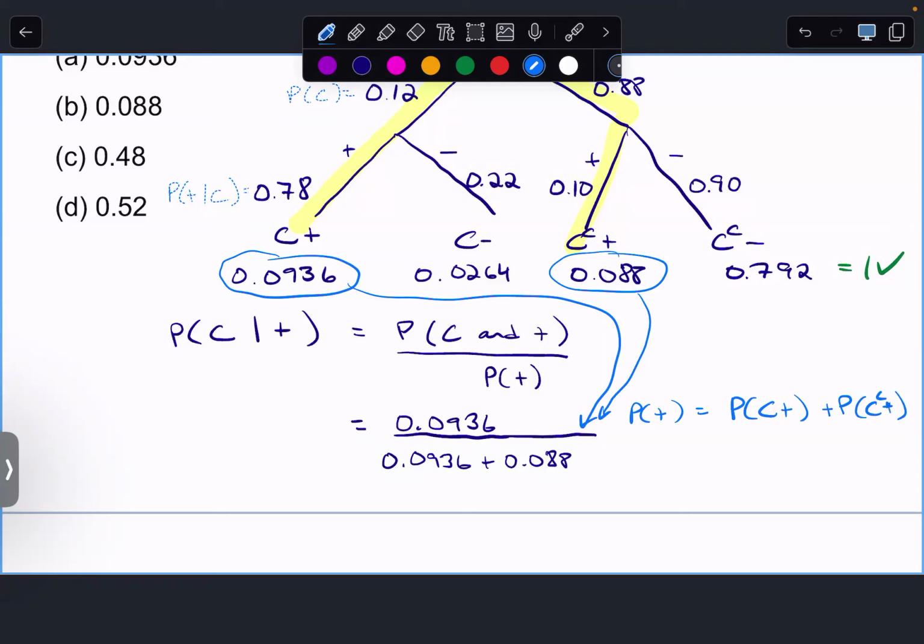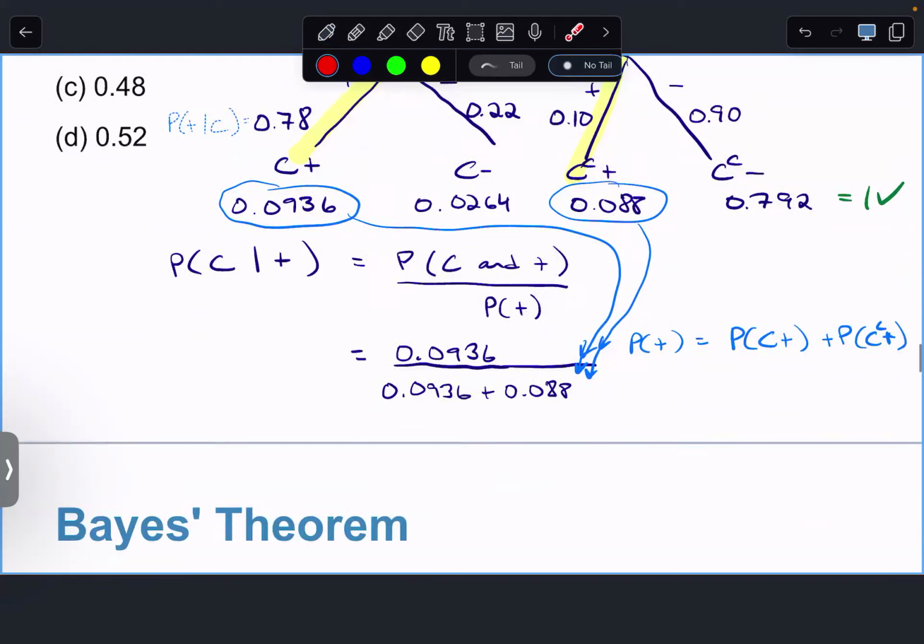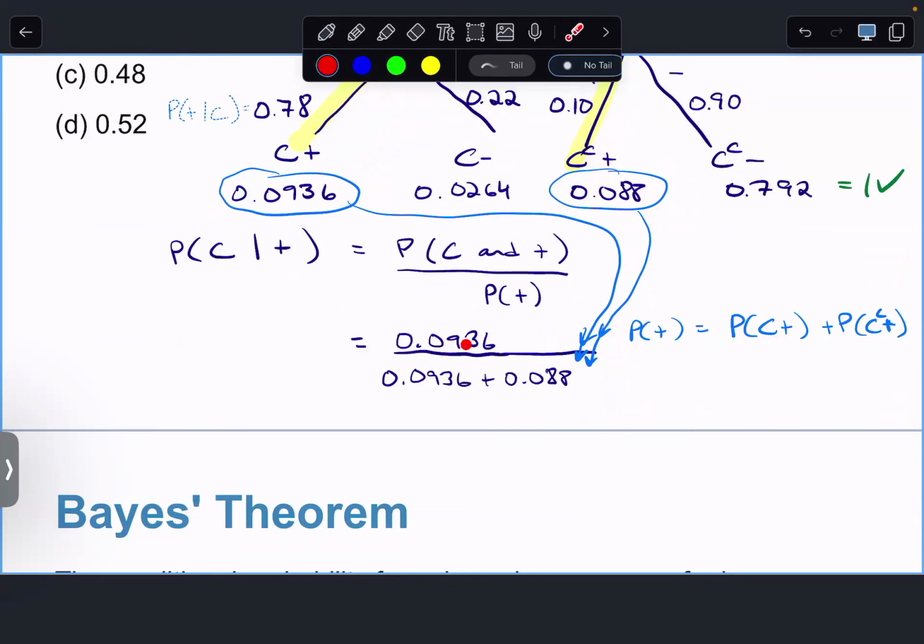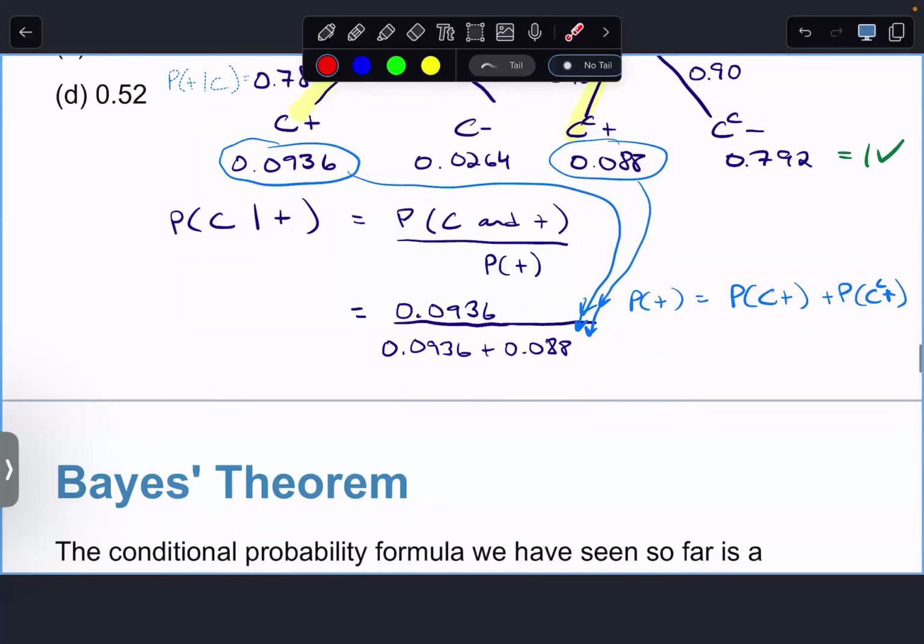So not C and positive. My arrows should probably keep going. There. It might be tempting to say, well, this is already here and this is here, and why don't these cancel? Wow, no, that's illegal math. You can only cancel if you've got a common multiple, right? But here you're adding in the denominator. And so you're gonna combine those 0.0936 plus 0.088, and we get